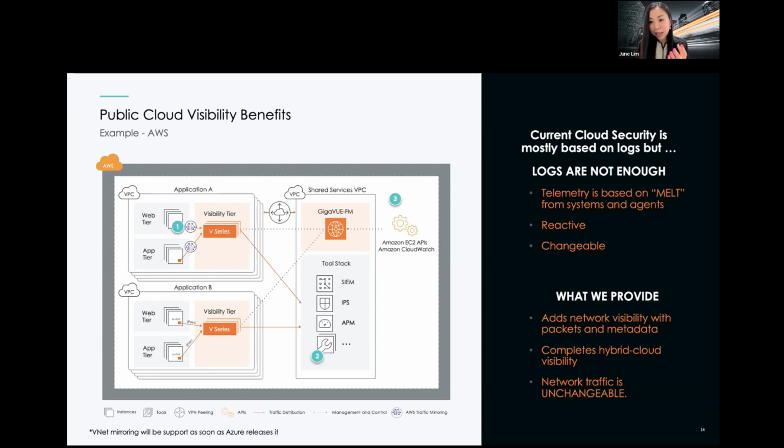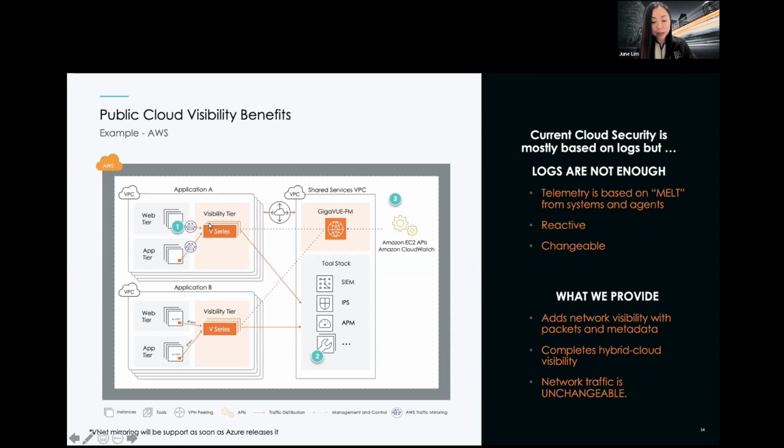All right, there are things that you need to do just on the physical, you need to have the SPAN port packets. You can't just rely on logs, that is reactive. Logs are passive. Only when things happen, then you get to see the logs. All right, so it's too late. What you want to see is data in motion. What is happening now? For that, you must see packets. And on public cloud, you need a Gigamon kind of solution to get the packets out, to send it to your security solution. Okay, so this is what we do.